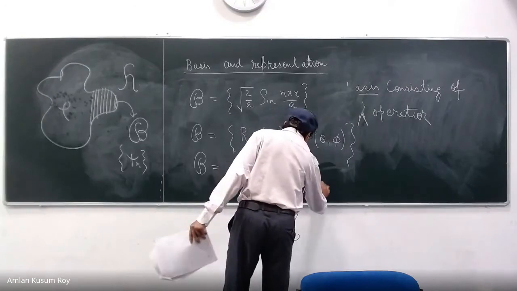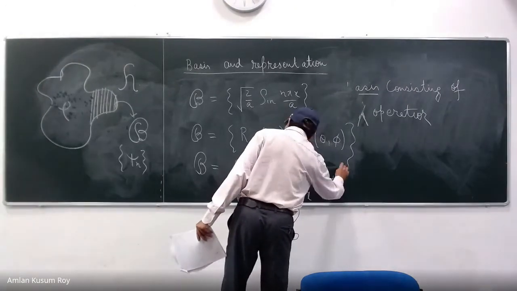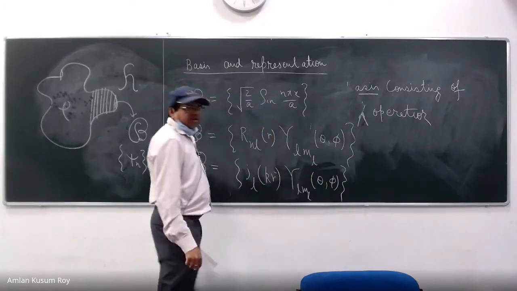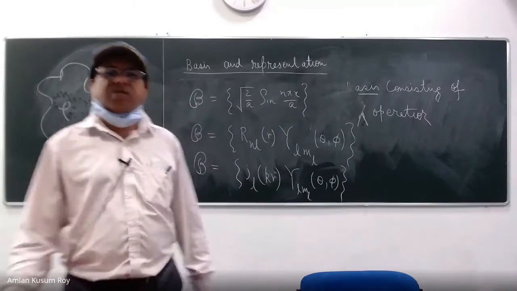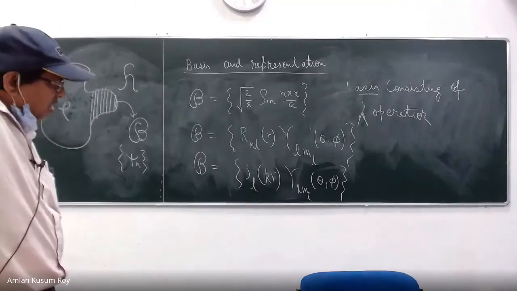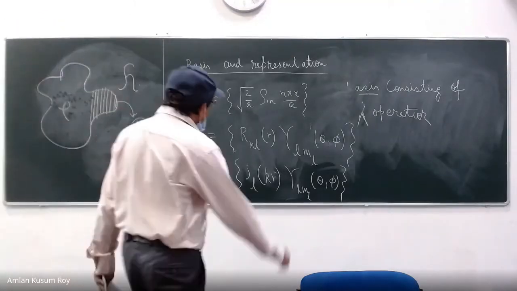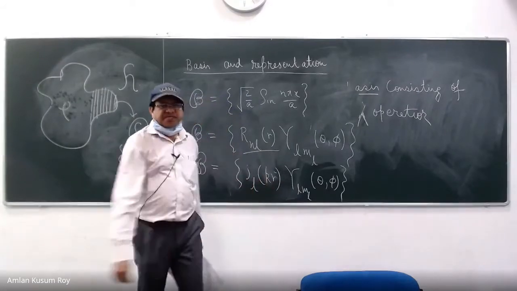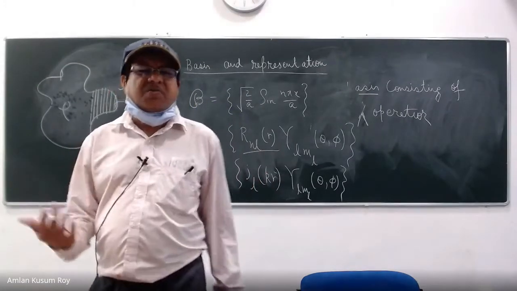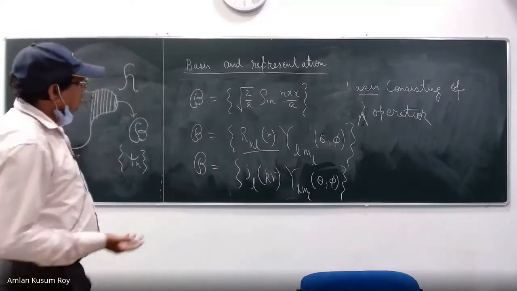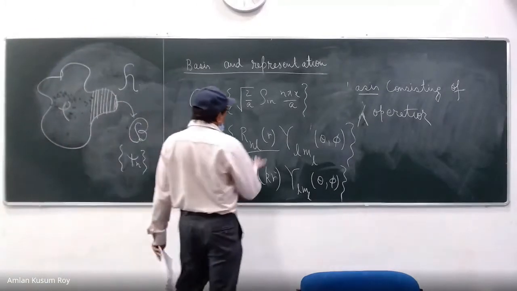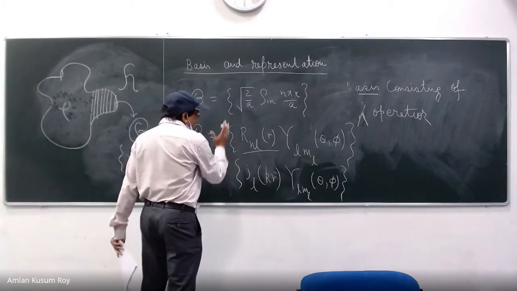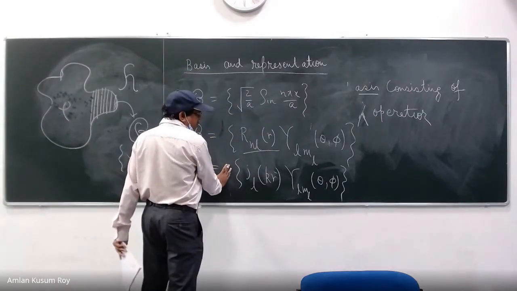Y_lm. Of course, if it is a free particle in 3D, your spherical harmonics is not going to change, as long as you are working in spherical polar coordinates and the particle is free in 3D space. The only thing is that this function is going to be replaced by the Bessel function. So it's a matter of working out the details. You can just work it out. But what is important to realize is that this also constitutes a basis.